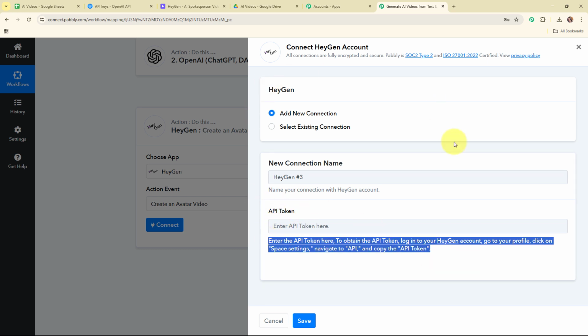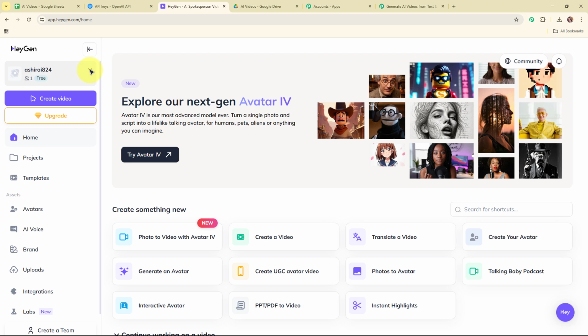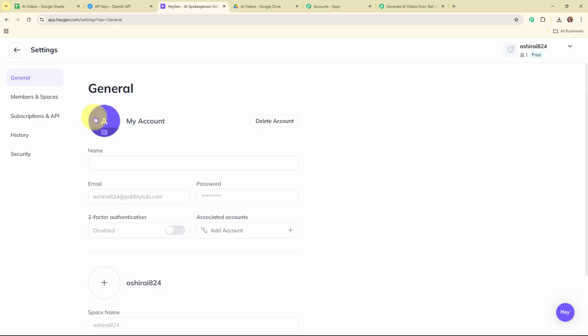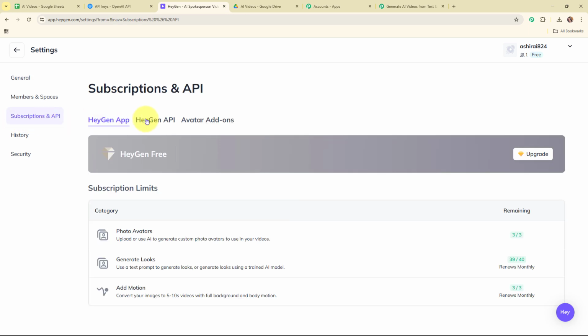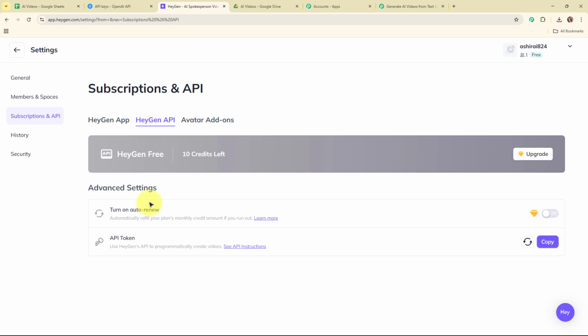So following the instructions given below, here I've already logged in my OpenAI account. Here I've already logged in my HeyGen account, and from here I'm going to click on my profile name, and from here I'm going to select settings. Now here under the settings you can see the option that we have received as subscriptions and the API. Here I'm going to click on this HeyGen API, and here under API token I'm going to copy the API